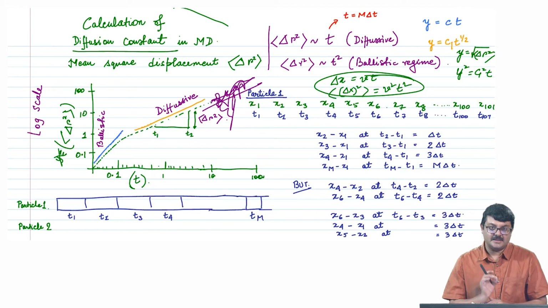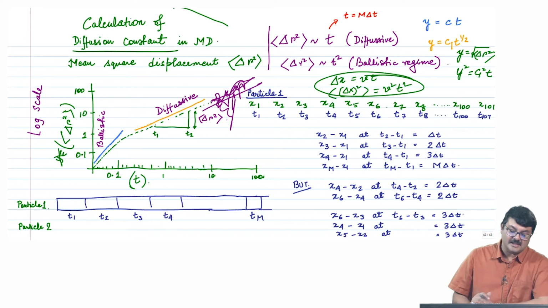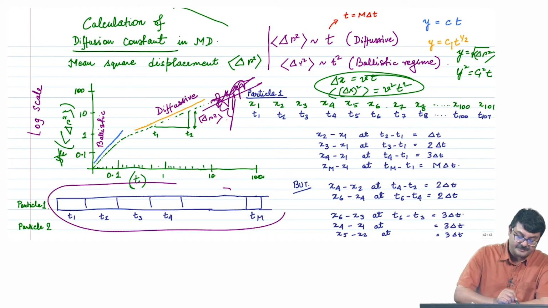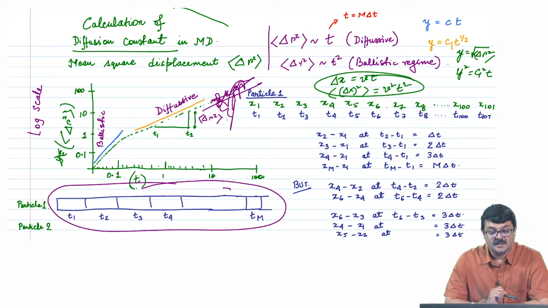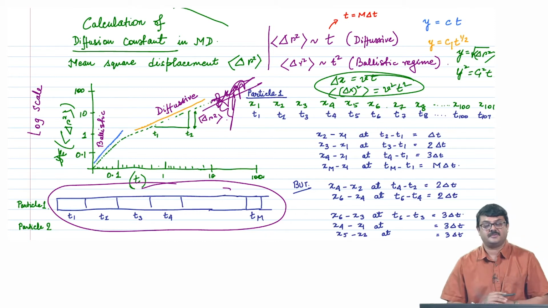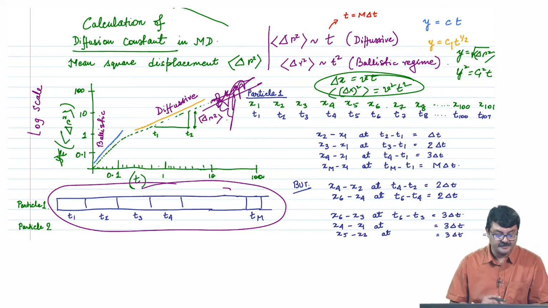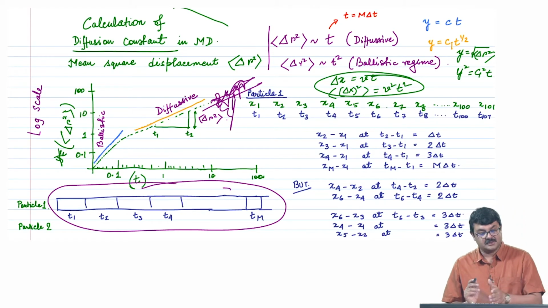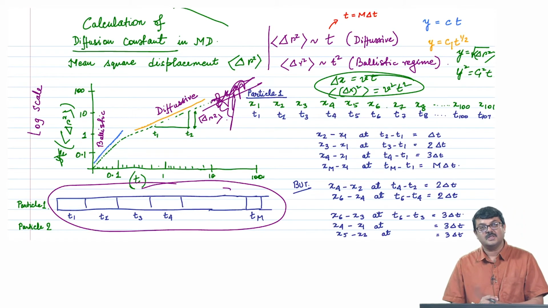A small detail, I do not know whether you will have time to implement it. Now, delta t, when I plot it for short times, you can have an array just the way I have written here, and of course, you have to average over different numbers of particles and different numbers of times, where you will write down x2 minus x1 at a certain position of the array, and so on and so forth. What one can typically do is take an array with delta t equal to 1, 2, 3, 4, 5,